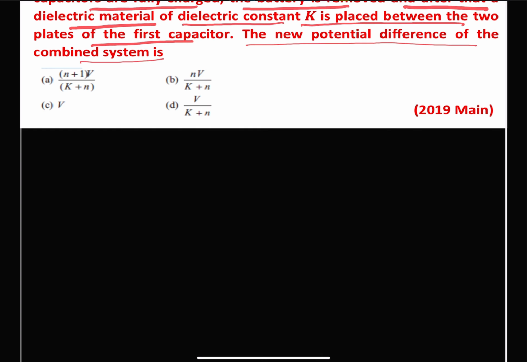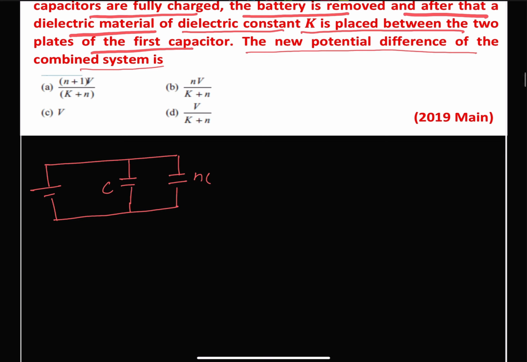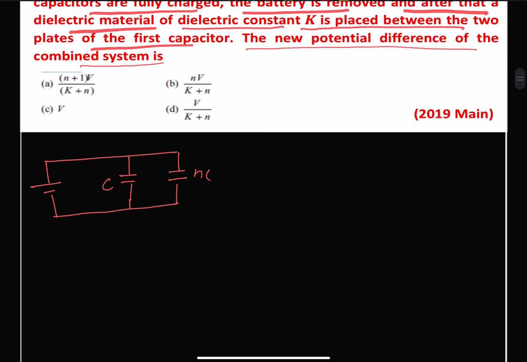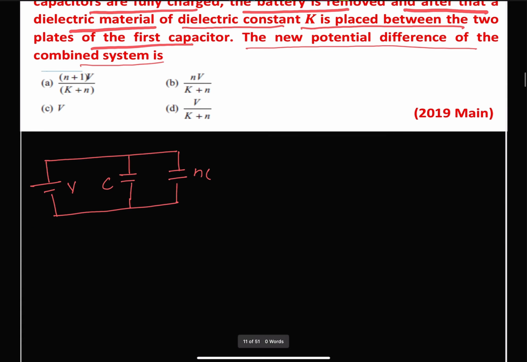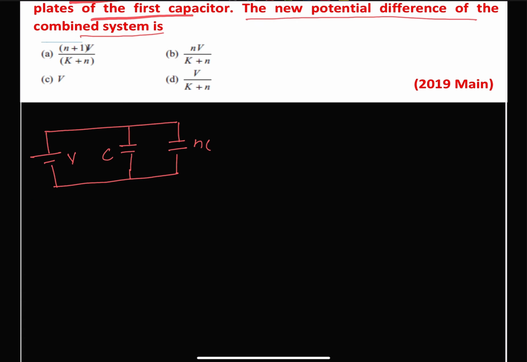First condition is without dielectric, and we have two capacitors, one is C and another one is NC, and both are in parallel connected to a voltage source, and that voltage source is given as V. And after some time, when they are fully charged, this voltage source is disconnected, and a dielectric is introduced in the first capacitor. It means on C dielectric is inserted,